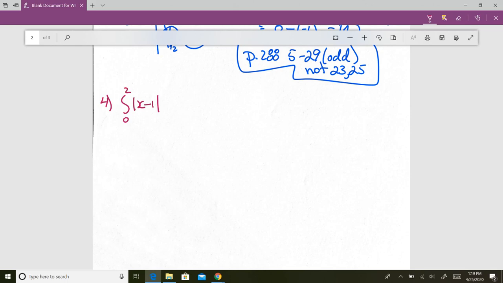Okay. Now, absolute values are tricky. Can't just integrate them straight away. Because if you think about it, this graph looks like this. It has a 0 at 1. And you guys know